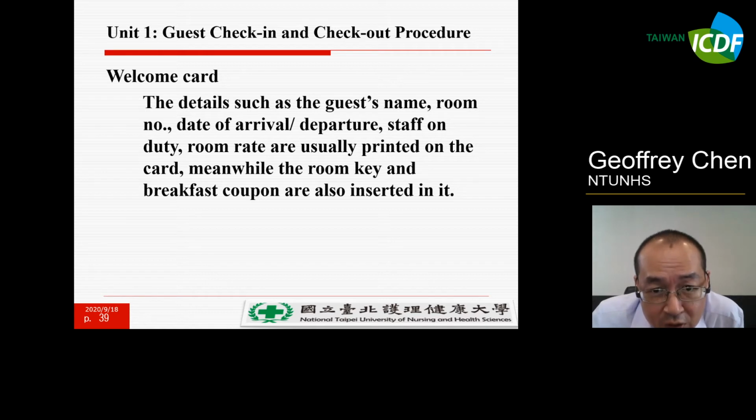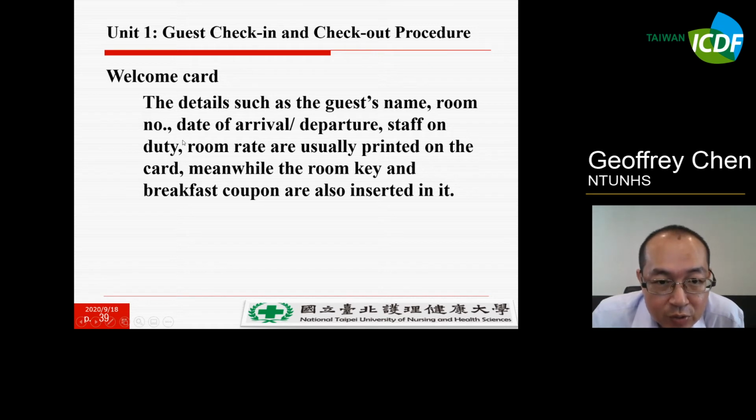When the guest comes to your front desk, you have to reconfirm with each other the arrival time and date. Why do you have to note this information? That is because the guests may have a plan or want to change the information noted on the welcome card.